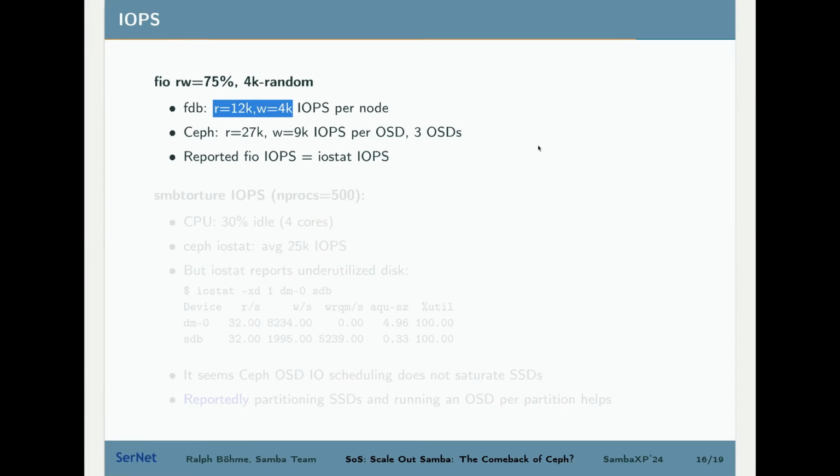And overall, the performance left still a lot to be desired, given that FoundationDB was supposed to be really, really scalable. And I think the reason is just, I mean, what can you expect if you have just this that only provides 12K read IOPS and 4K write IOPS at this 75%. So that's combined 60K IOPS per node, which is just ridiculous, right?